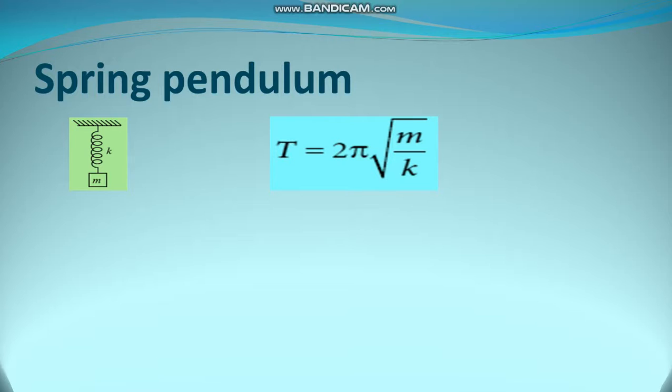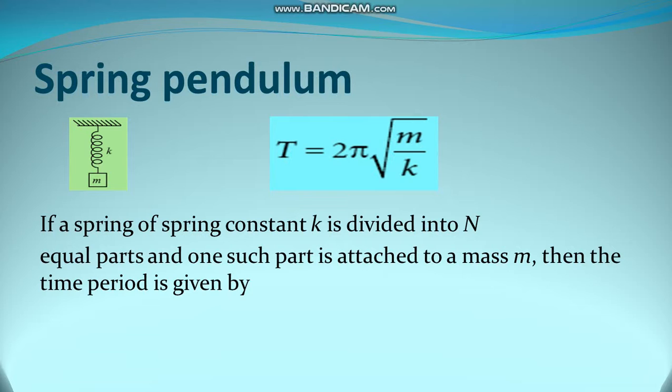For a spring pendulum, time period T is equal to 2 pi square root of m by k, where m is mass attached to the spring, k is spring constant. If spring is divided into n equal parts and one such part is attached to a mass m, then time period is given by